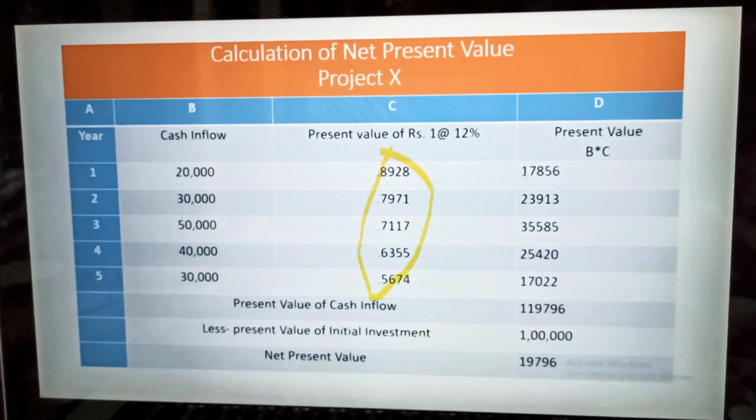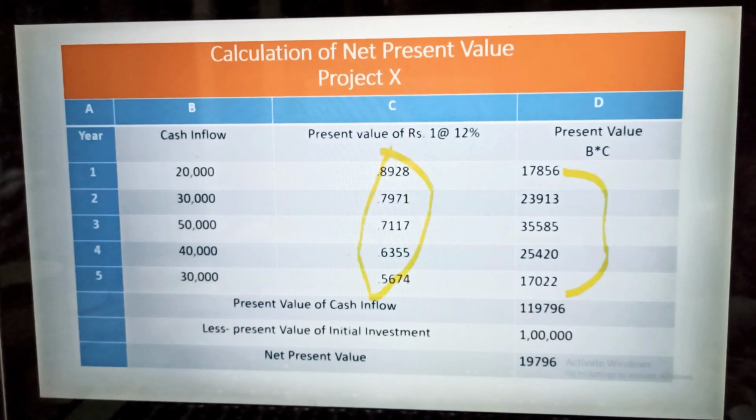Then we have to multiply B by C, 20,000 multiplied by 0.8928, you will find 17,856 for first year. You are receiving 20,000, but the actual value would be 17,856. Next one is 30,000, 23,913, then 35,000. The same way you have to do. After completing this for 5 years, 1, 2, 3, 4, 5, you will sum up all